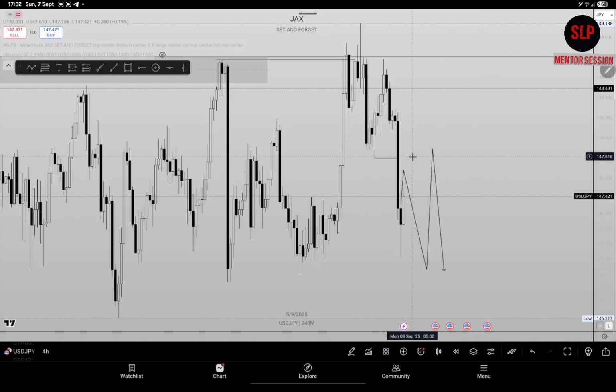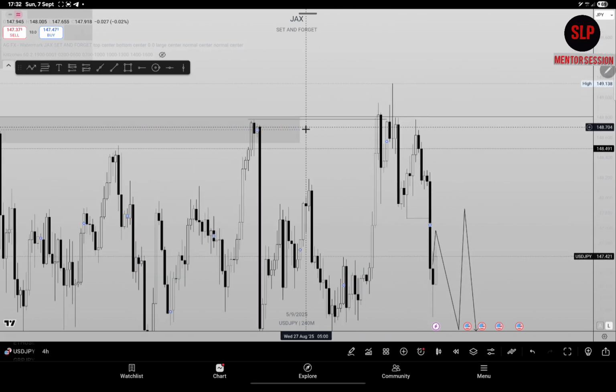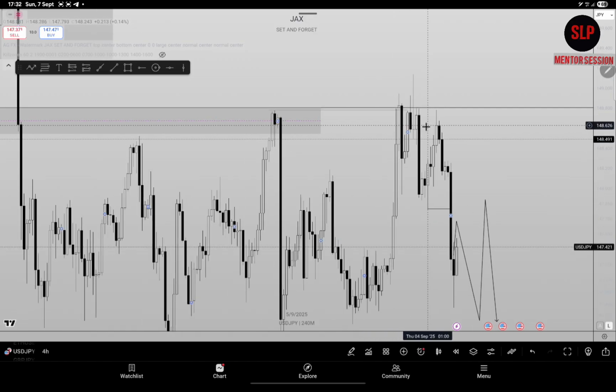We now know that USD JPY is bearish. Look how I explained this. Look how I was able to tell the story. Look how this stuff that would have been confusing, how I was able to determine and tell that this was just price taking out liquidity and continuing itself to the downside. So USD JPY is bearish. To me, it's bearish.